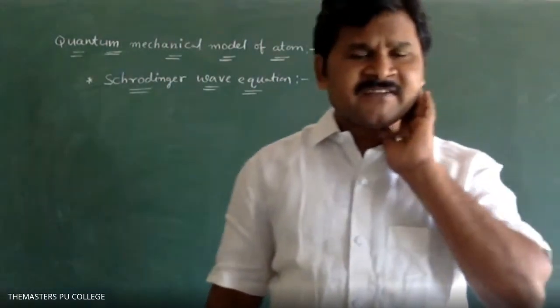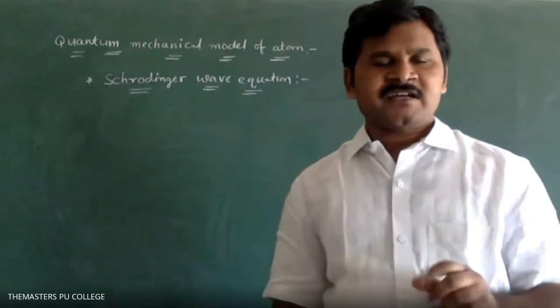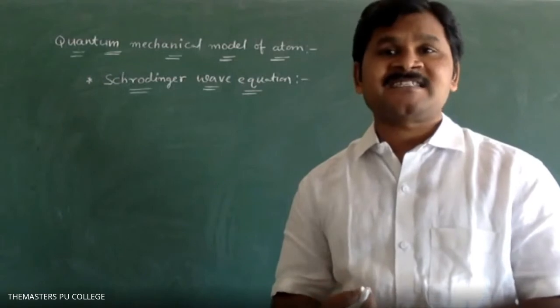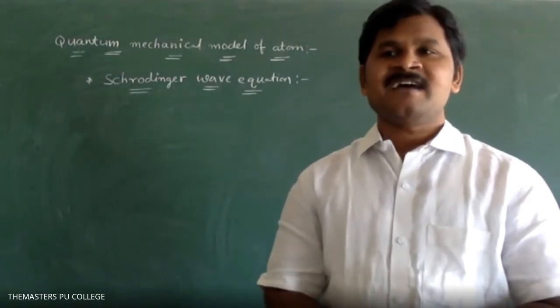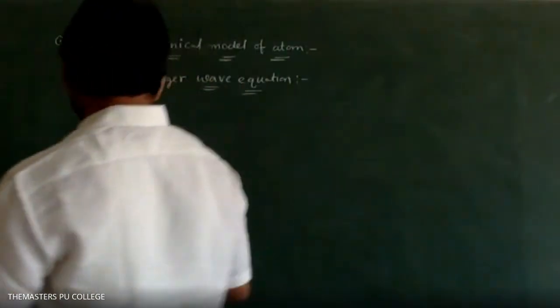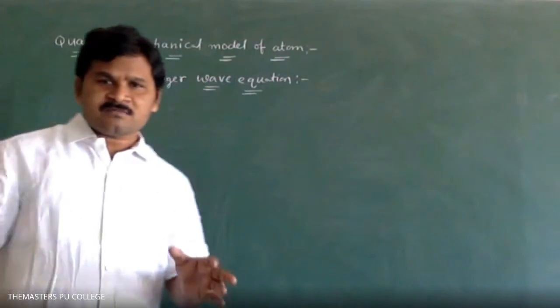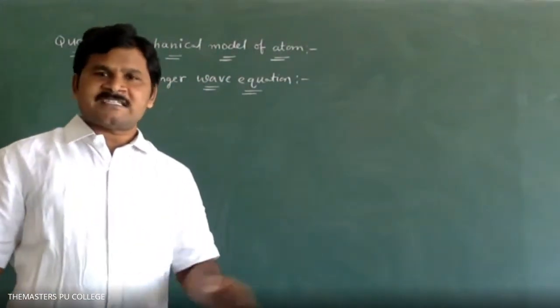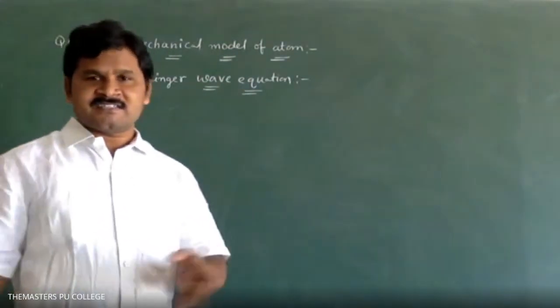So the Schrodinger wave equation is based on what? It is based on de Broglie's theory and the Heisenberg uncertainty principle. What is that formula? Now I will say. Actually, you don't have this formula in your NCERT textbook. I am writing it from somewhere else. So what is there in your NCERT textbook? That answer is inside. Please observe now.